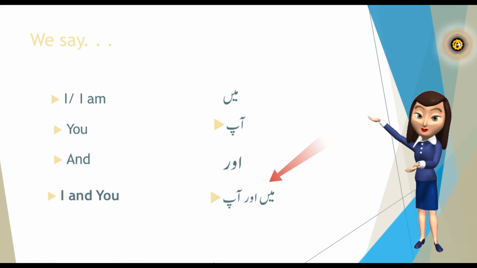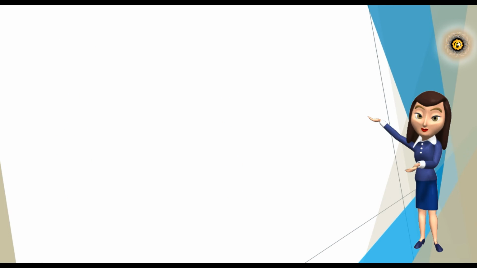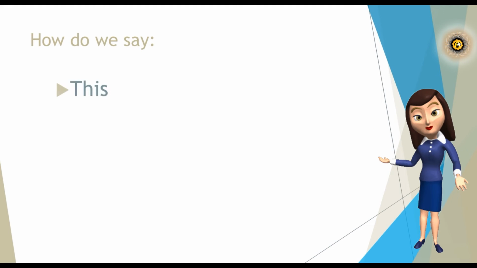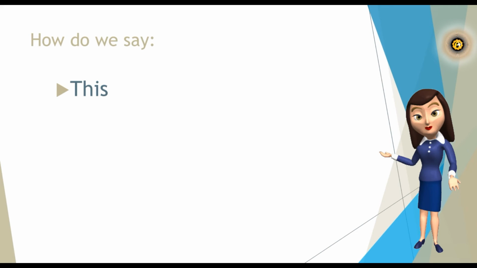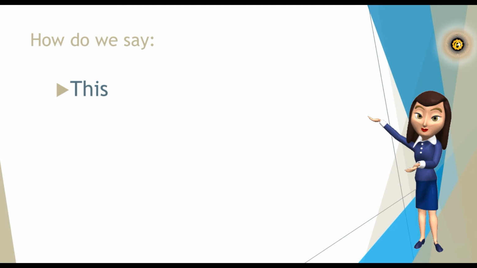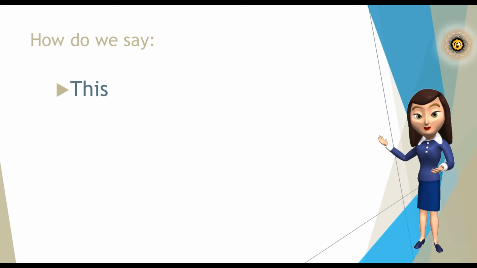Repeat many times for practice. Okay, all right, now let's learn a few more words. So how do we say this in Urdu? In English, when something is close to us and there is one thing near to us and we are talking about that thing, we say this. And in Urdu we say